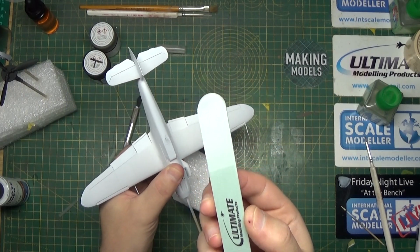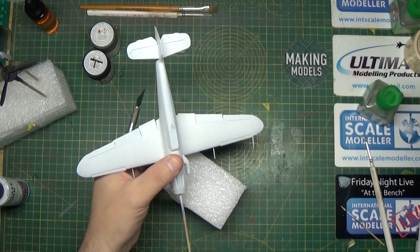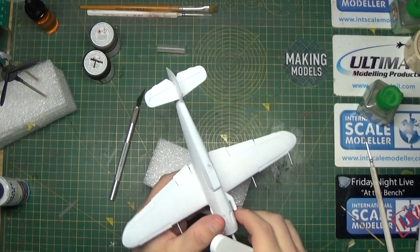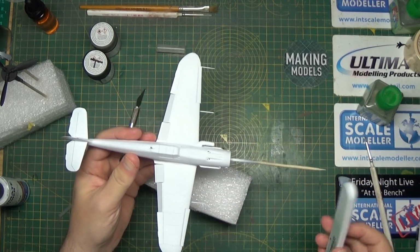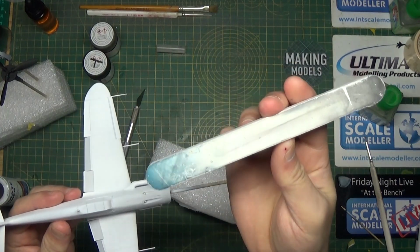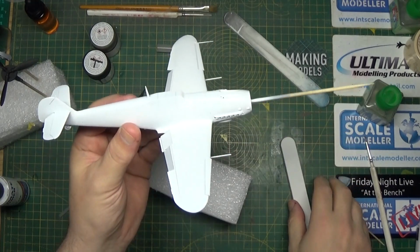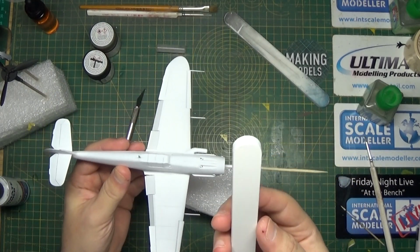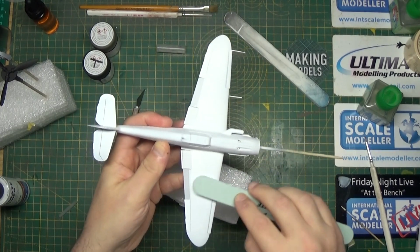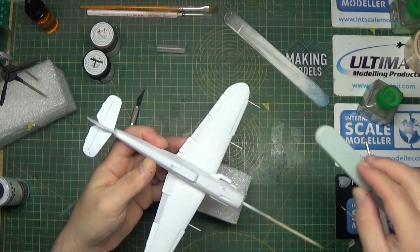You can see on this buffer stick the very thin white paint, and of course you can just wipe it on your trousers and it's almost as good as new. These buffy sticks last absolutely ages. I am still using this one and it's still going strong. Obviously it's a little bit dirty for doing this white paint, so we've got a brand new one out. On this side I've already done. You may be able to hear that it's not taking anything off,